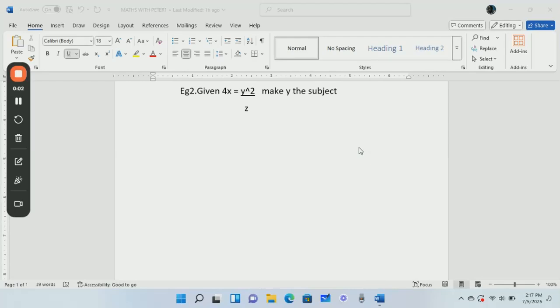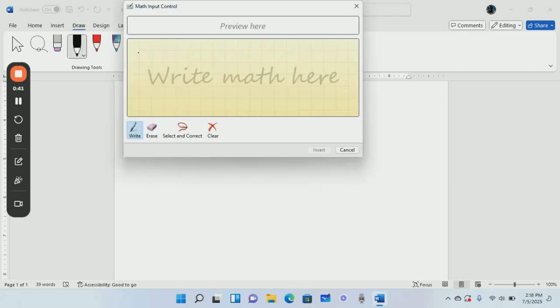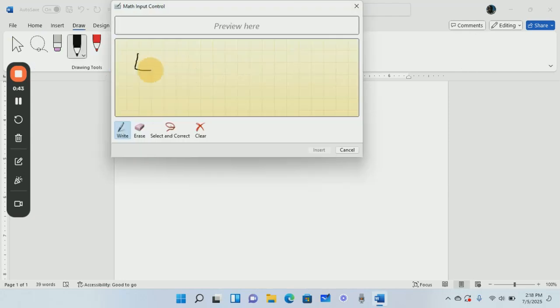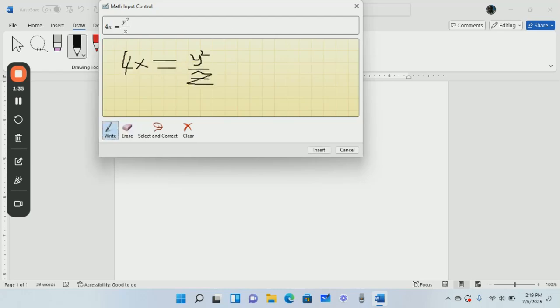Let's continue with example 2. Example 2 says that given 4x equals y raised to the power 2 all over z, make y the subject of the relation. With this question, the only thing that comes to mind is that